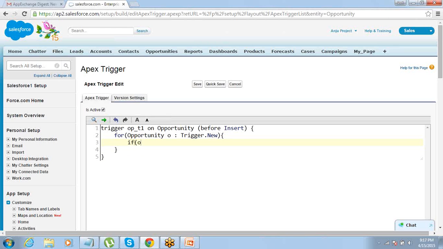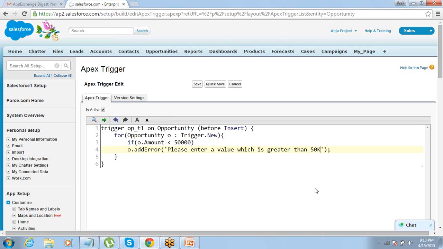Just do the comparison: if O.Amount is less than 50,000, then O.addError('Please enter a value which is greater than 50k').